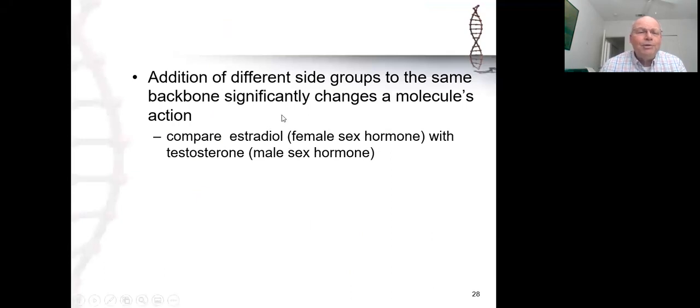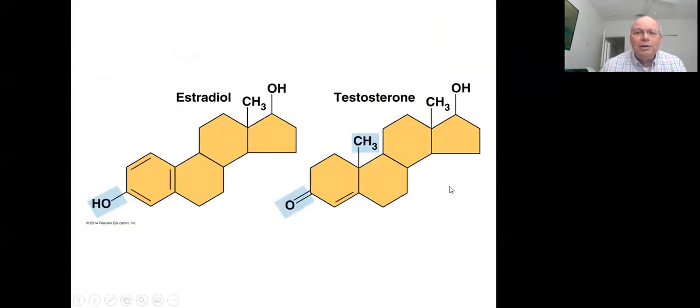So how important are these functional groups? Well, here are two molecules, estradiol and testosterone. This is the female sex hormone. This is the male sex hormone. And you can see that the differences between the two molecules are very, very subtle, yet they have such powerful consequences, because the external gender characteristics